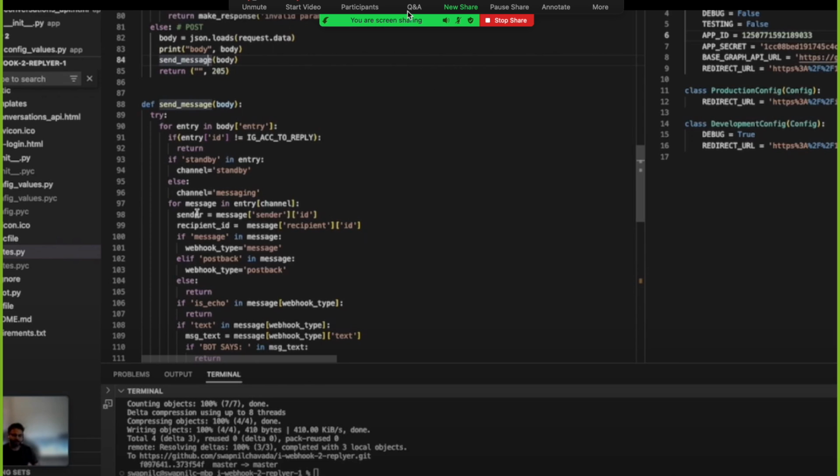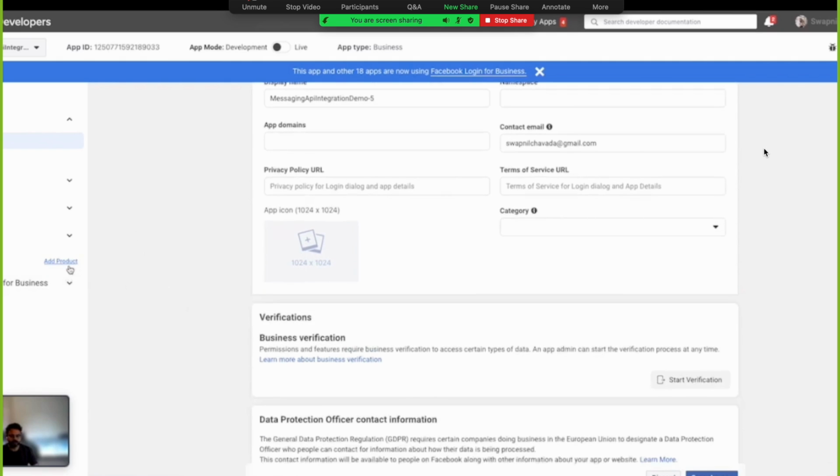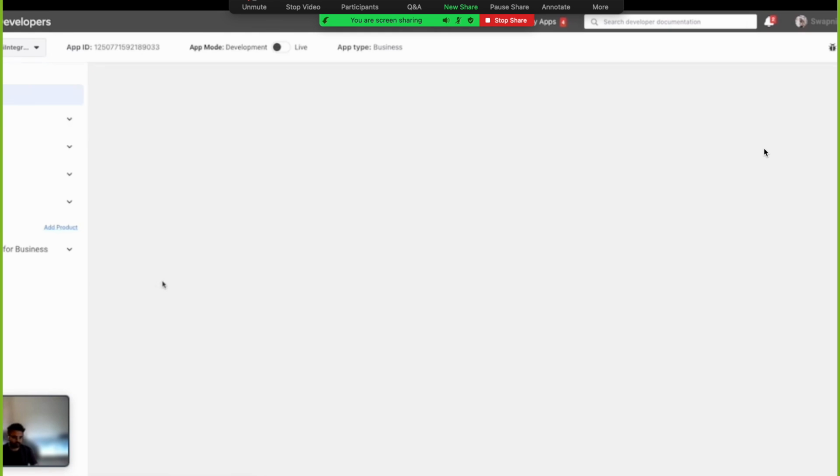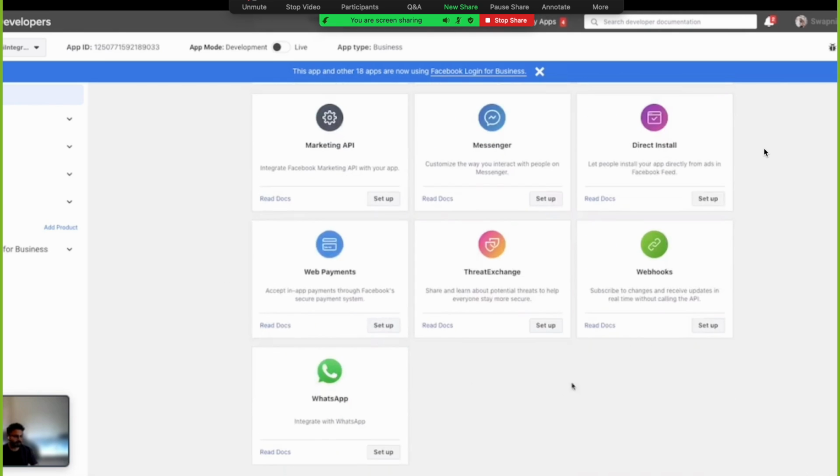Let's get back to our app at this point. This is the same app that we earlier created. We'll need to add a few other products to configure webhooks. Let's add the webhook product at this point.